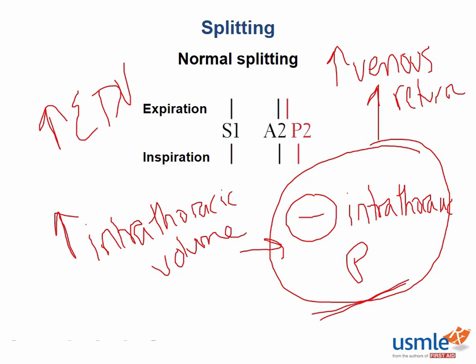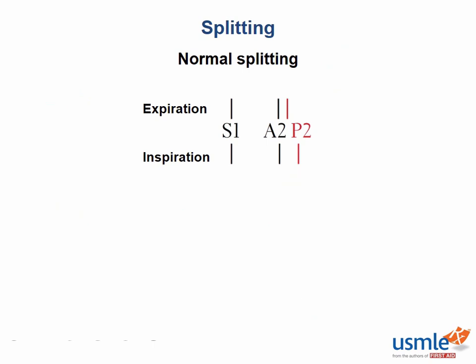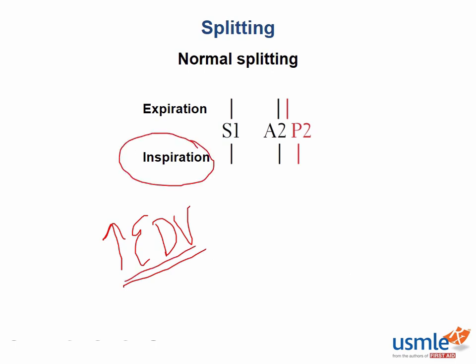The blood fills that volume that we create during inspiration and increases the blood flow back to your right ventricle. So as such, as we've discussed, we have more blood in the right ventricle, an increase in end diastolic volume during inspiration. That means that the pulmonic valve really needs to stay open longer so that this extra blood can be pushed out appropriately. So we see this increase in blood shot out from the right ventricle and into the